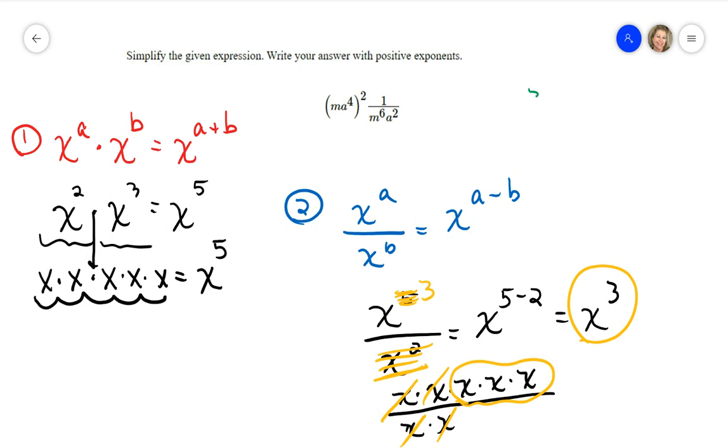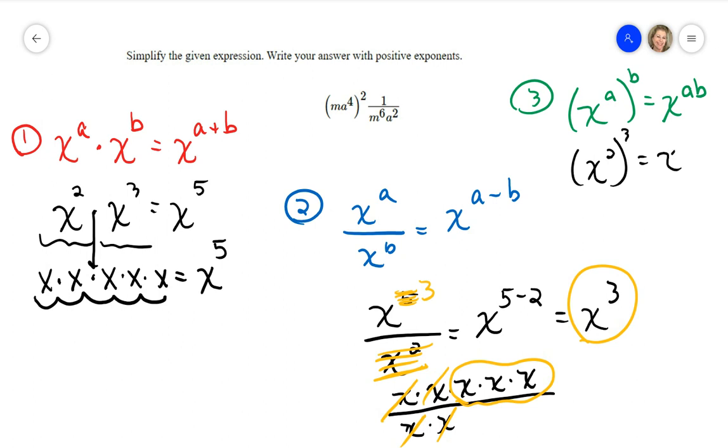And then there's rule number 3, which is the power to the power rule. So if you have x to the a in parentheses and you immediately raise that to another power, power to a power, more power to you, you're going to multiply. So this would be a times b. So if I had that x squared and I cubed it, that is really just x to the 2 times 3, which is 6. The reason you multiply is